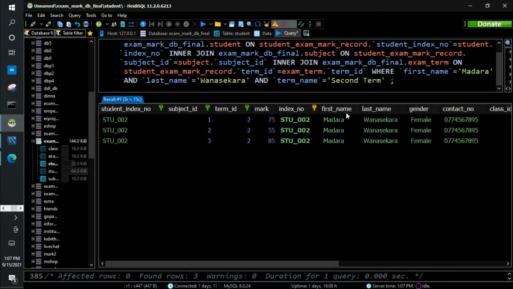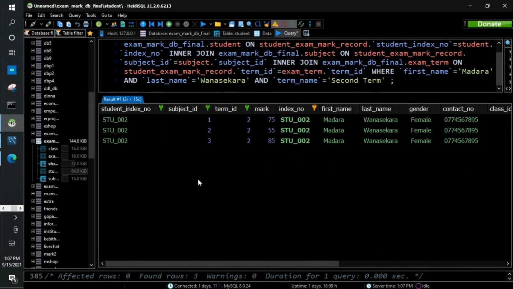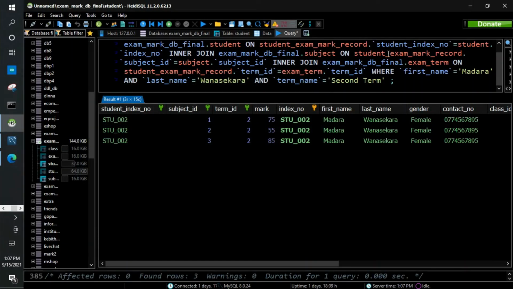It's true that there are only 3 subjects, but as they have mentioned the names of all 3 subjects, we have to give that as a condition as well. So, and the subject name should be, as there are 3 values,